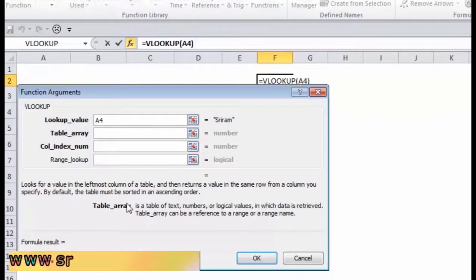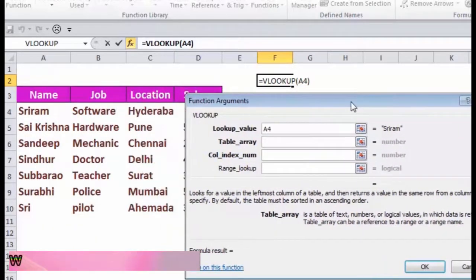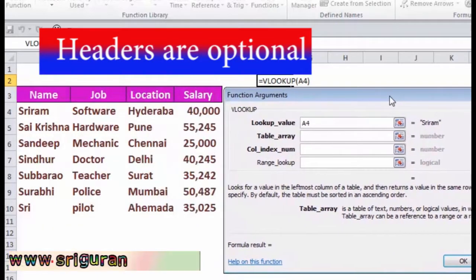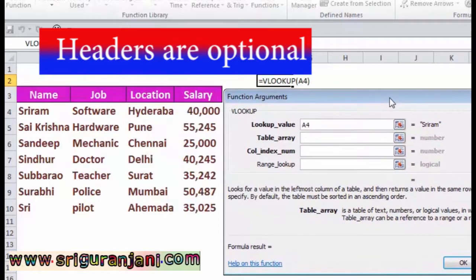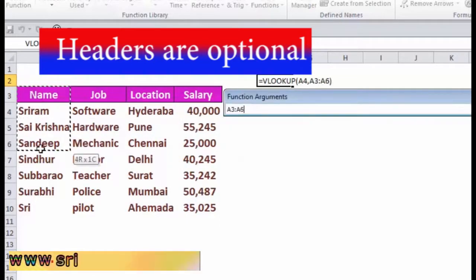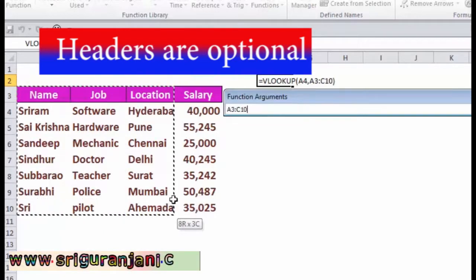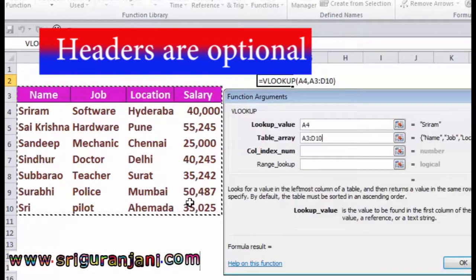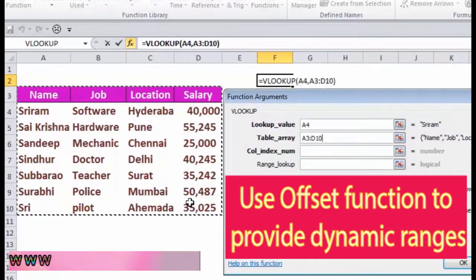After that, I am explaining the second argument. It represents a range or range name. While considering the table array, the header of the table is optional. There is no need to consider the header as part of the table array.